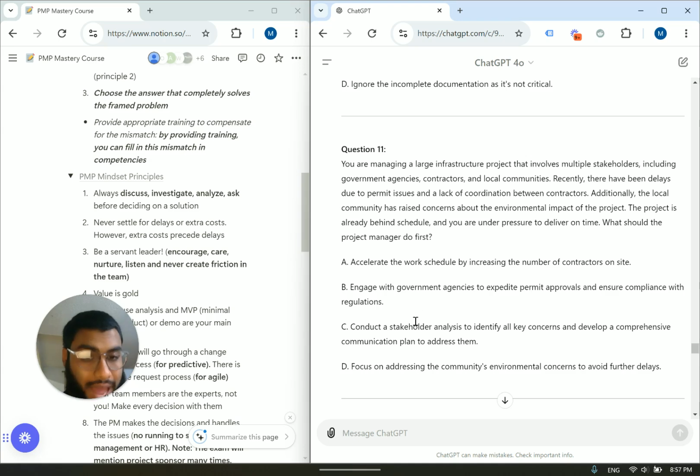But anyways, directly or indirectly, they are put in the stakeholder register, okay? And they have to be analyzed. So conducting a stakeholder analysis will give you more of an idea of who they are, which is principle number 1 in action. Remember, we're not looking for these keywords: discuss, investigate, analyze, but conducting will give you that information to make a more sound decision, right? Develop a comprehensive communication plan to address all of these people,